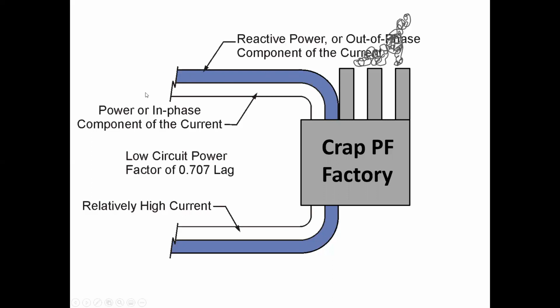And both of them together combined make the total power or the total current that would have to flow on the conductors to supply this factory, which is making, I don't know, rubber chickens. And as you can see down here, it's got a relatively high current because BC Hydro has to provide both. Now, this is fairly important to understand that BC Hydro has to provide both of those power values to the